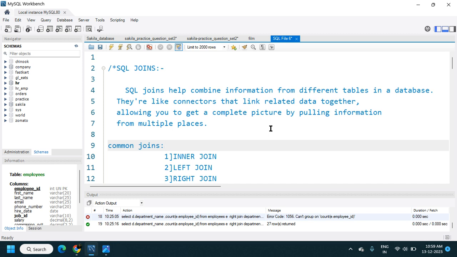In this video, we are going to see the most useful concept of SQL, that is SQL joins. Joins are basically used to combine the relational tables, and on top of that we will query that data. Joins help to combine the information from different tables in a database. They're like a connector that links related data together, allowing you to get the complete picture by pulling information from